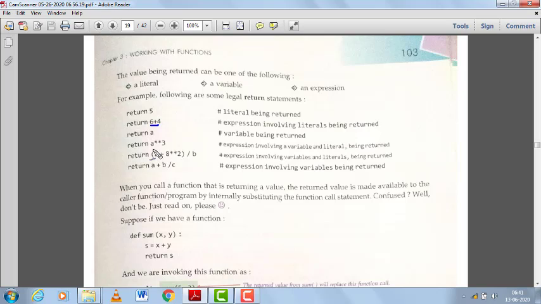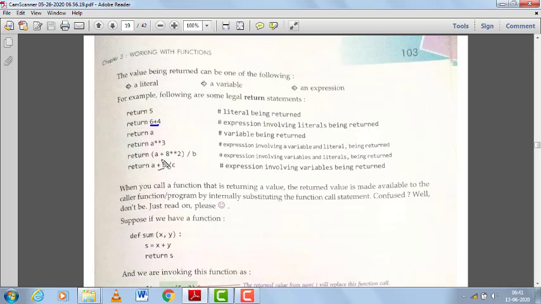So always keep in mind that if we use an expression with the return keyword, first that expression will be evaluated, and then a constant will come and be returned by that function, because all the variables used in the expression will be spoiled when we return from a function.